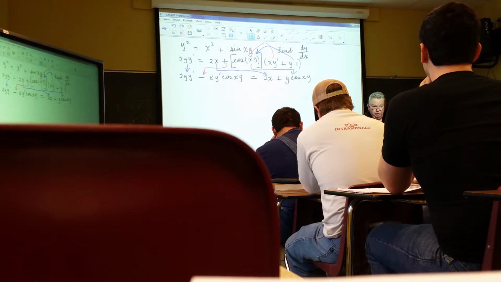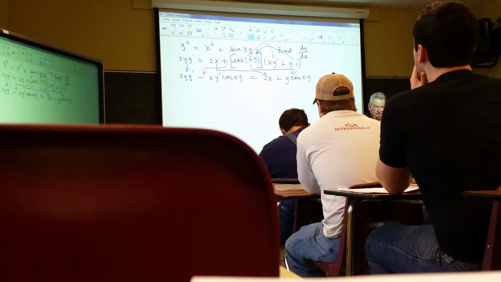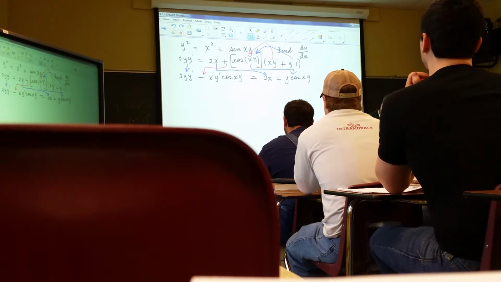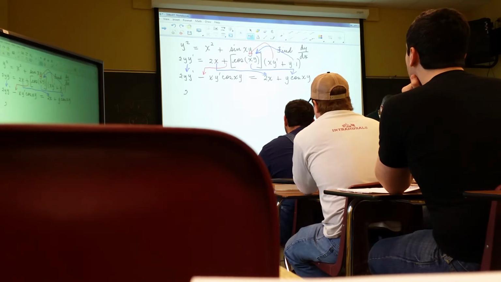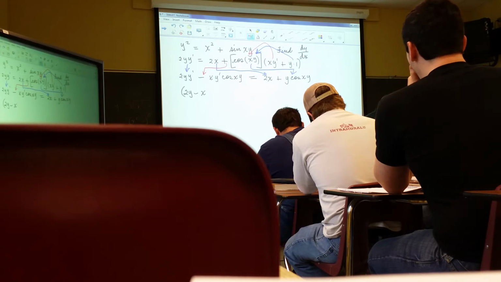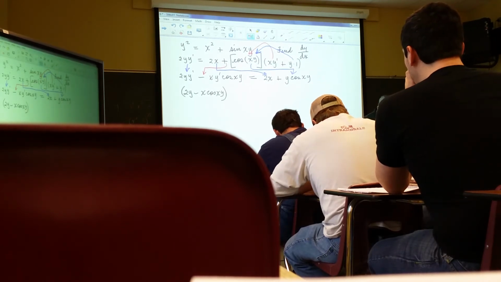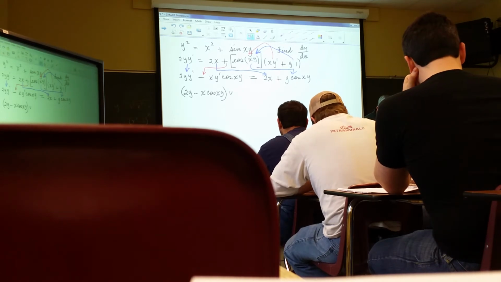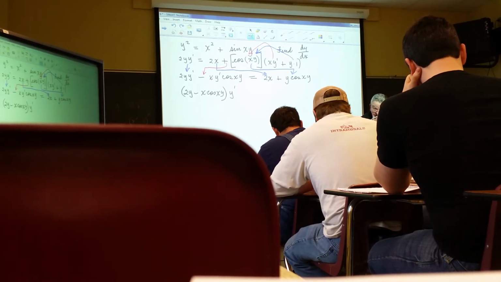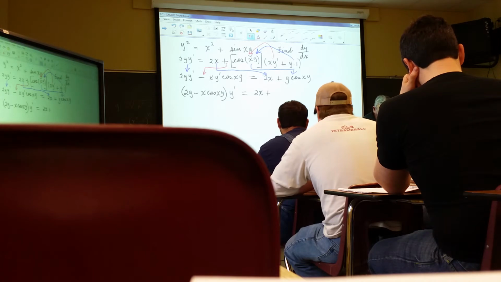But you know the next drill, don't you? And that is factor out the coefficients of y prime, right? So I'm going to do that. And that is, I've got 2y minus x cosine x y times y prime. And that's equal to 2x plus y